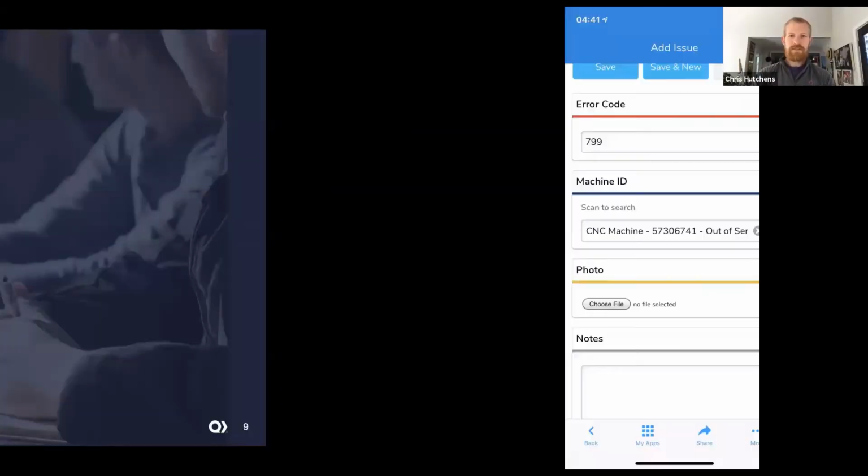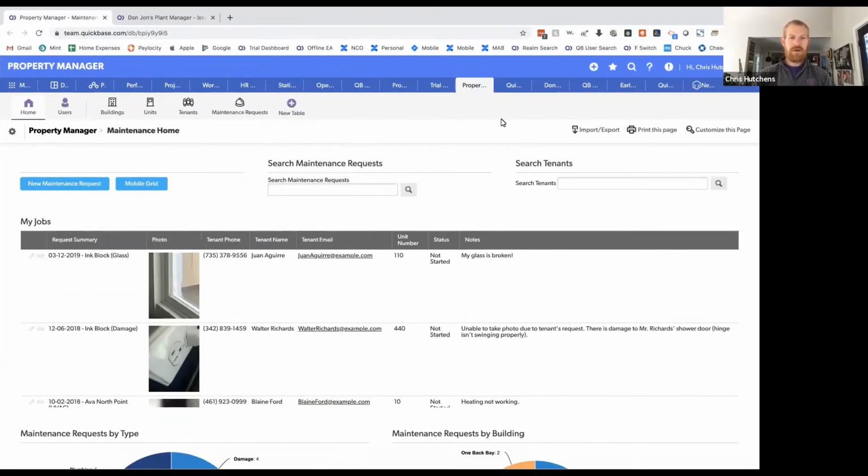All right, thanks, Kayla. So I'm going to go over to a different app now, an app that a property manager might use to manage all of his or her properties. So they've got buildings, they've got units, they've got tenants, and maintenance requests is something that's handled quite a bit. So this is a great use case, as many are in QuickBase,